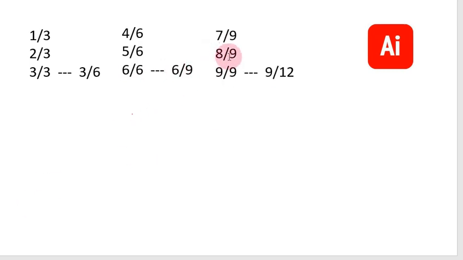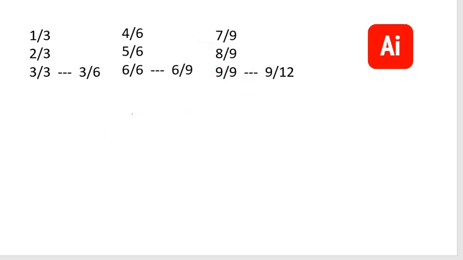So if you go to the next level, it'll say you go to the 6s. So you do 4 over 6, 5 over 6, 6 over 6. If you do the requirements within the call, like the calls with another student, it'll say 6 over 9. And then you'll unlock the 9s. And then you'll go to the 9 level. 7 over 9, 8 over 9, 9 over 9.